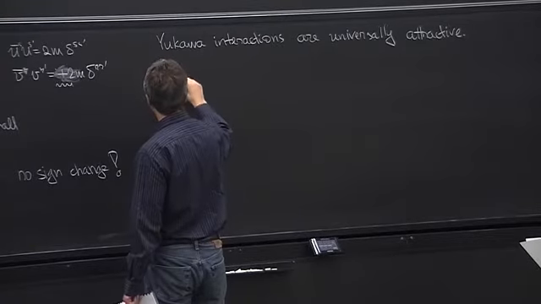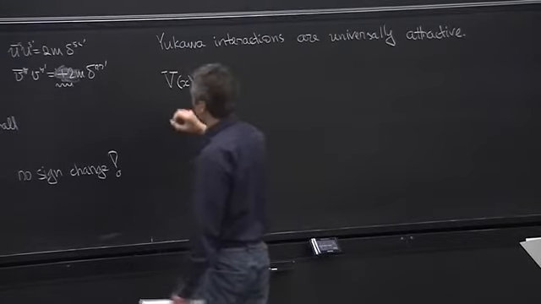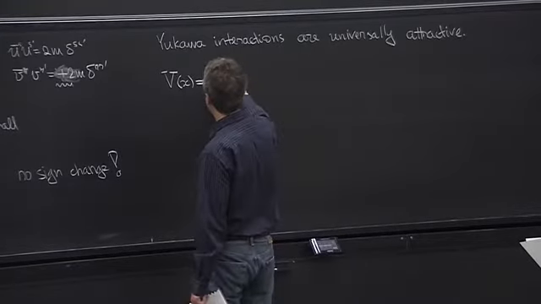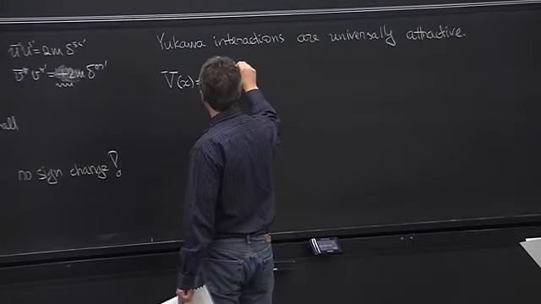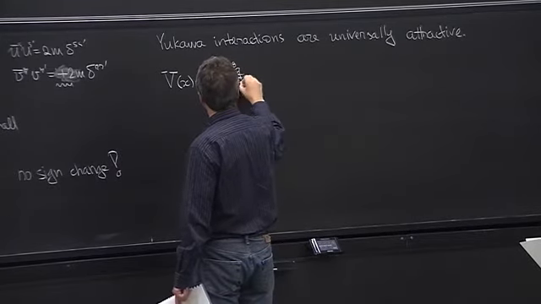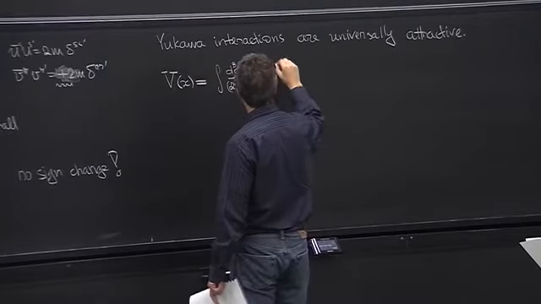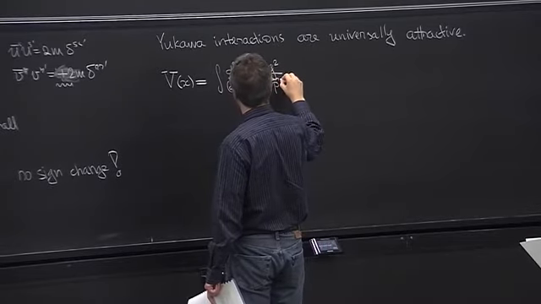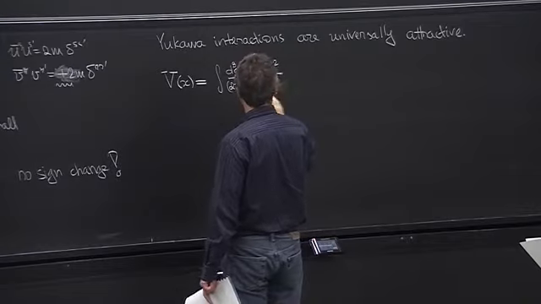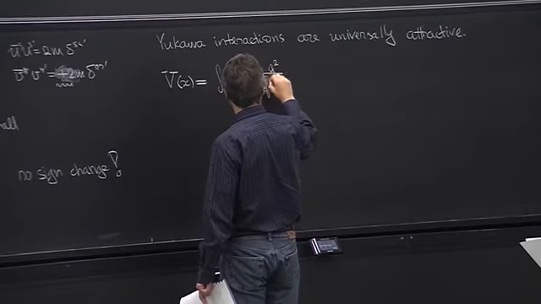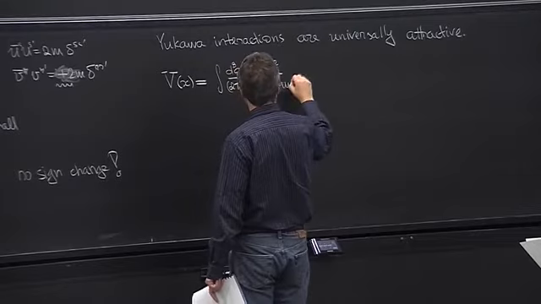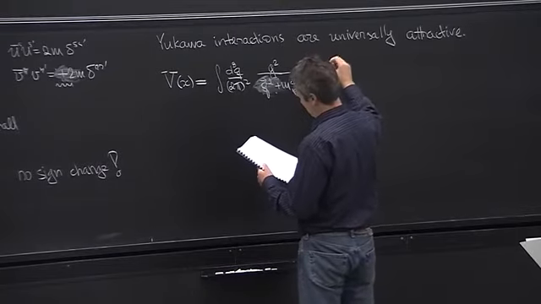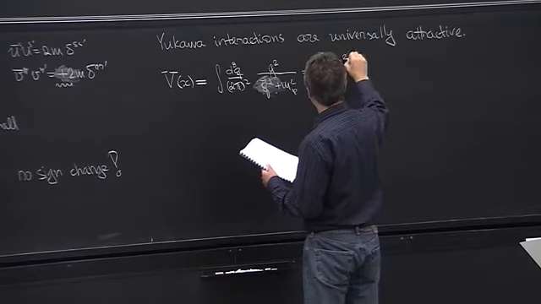So the non-relativistic potential of Yukawa interactions is equal to the Fourier transform of what remains of the scalar propagator. So if you do the integral, you get the Coulomb potential